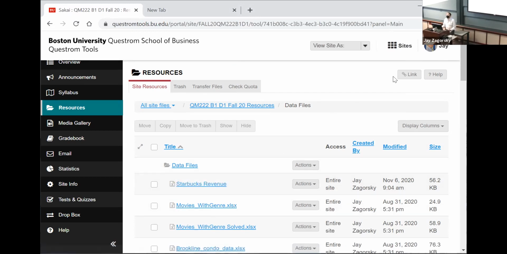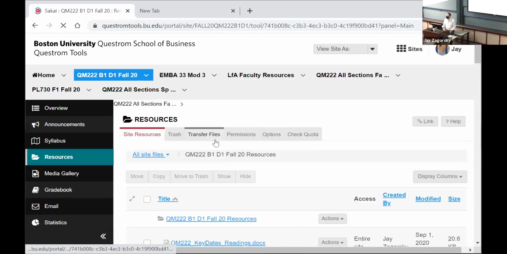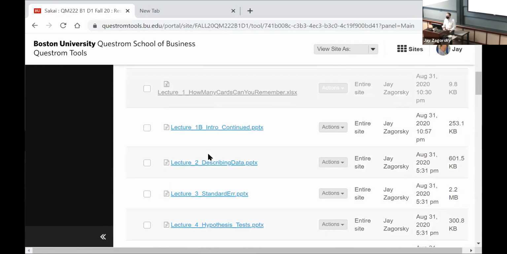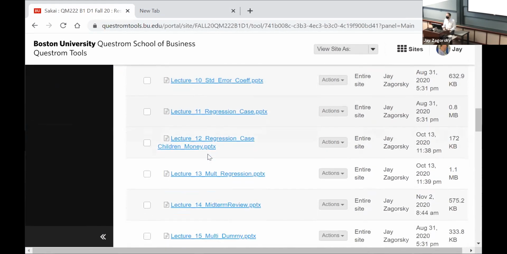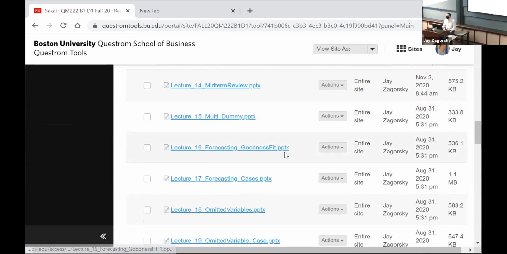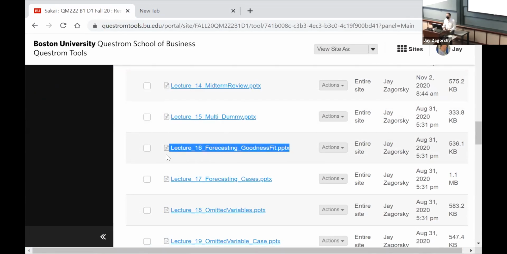Okay, what are we doing? Because I'm feeling a little pressured for time, I don't want to keep switching back and forth to the slides. But we are doing slideshow number 16, forecasting and goodness of fit. I really encourage you tonight, tomorrow, Sunday to look at the slides and go, oh yeah, he did that slide. I can't go back and forth in 45 minutes. Any questions before I begin?